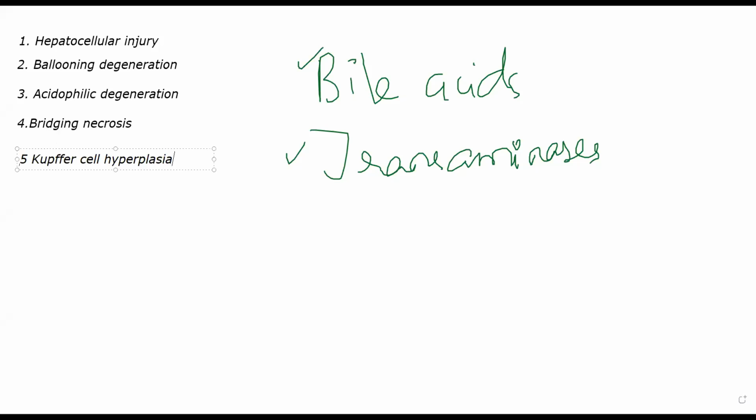Kupffer cells are essentially phagocytic cells of your liver. ठीक है. Because of extensive damage, they will undergo hyperplasia. A lot of Kupffer cells will come and they'll start phagocytosing cell debris. Because of this acute hepatitis, there'll be a lot of cell damage, specifically hepatocytic damage. And as hepatocyte starts getting damaged, it will cause cell debris. So literally cell का कचरा निकलने लगता.